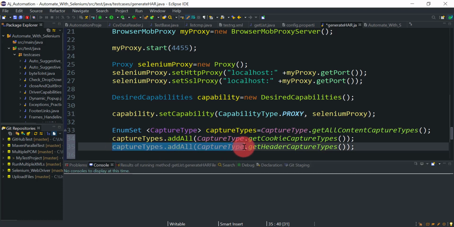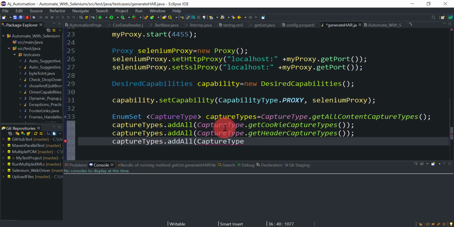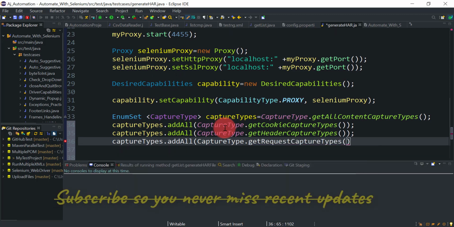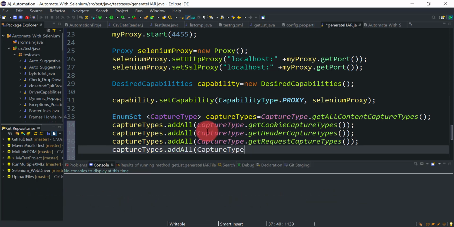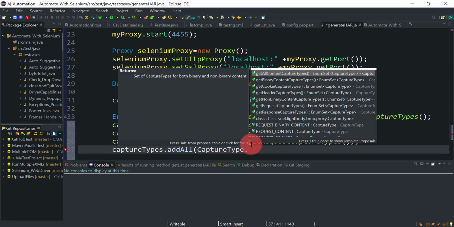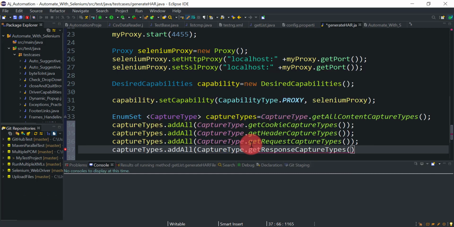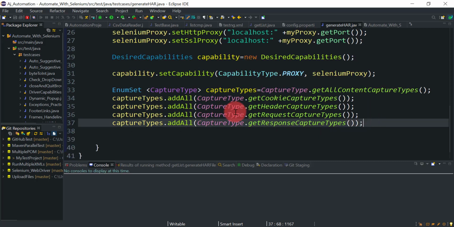Then I need some others as well, so I will copy these lines: the request capture types, and also the response capture types. So all these are the different capture types that we want in our HAR file.